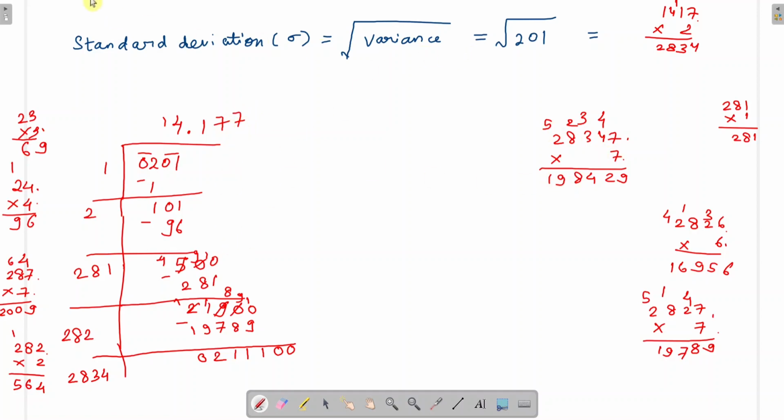So what is the answer? It is 14.7. Rounding up we will get 8, right? 14.78. Okay, so that is the answer. So this is how you have to calculate the variance and standard deviation for continuous frequency distribution. Okay,